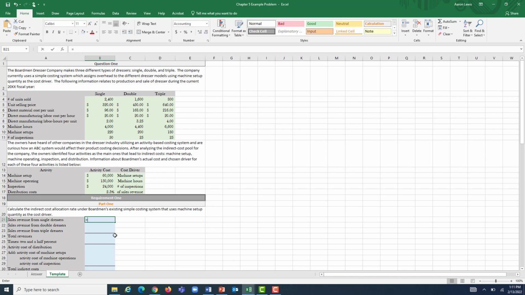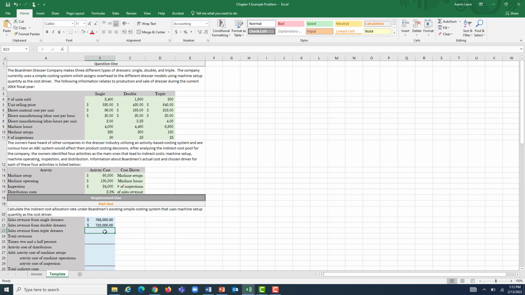They are thinking they're going to sell 2,400 single dressers at an average selling price of $320, and if Boardman hits that mark, they're going to generate $768,000 in sales revenue. For the double dresser, they think they're going to sell 1,600 of those at $450 a piece, and 1,600 dressers sold at $450 a pop on average is going to generate